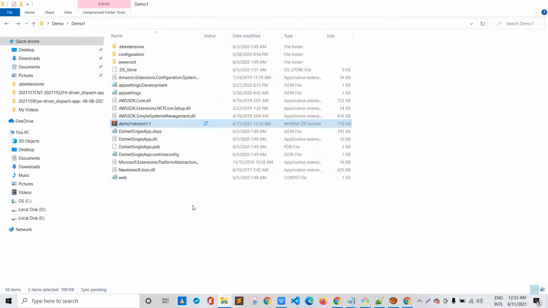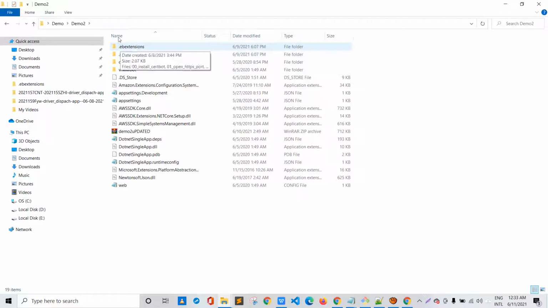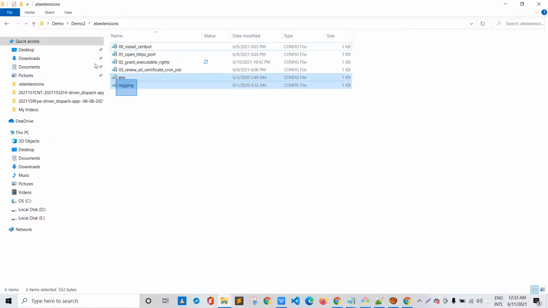If I go over there, inside my demo2, you can see an ebextensions folder. If on your side it doesn't have an ebextensions folder, then you can create it as .ebextensions, and inside that these 2 are the default files, and I have created these 4 files: one for installing Certbot, one for opening the HTTPS port automatically, one for granting executable permissions to our .platform/hooks/postdeploy files, and this one is the script written in YAML for the SSL certificate cronjob for its renewal.